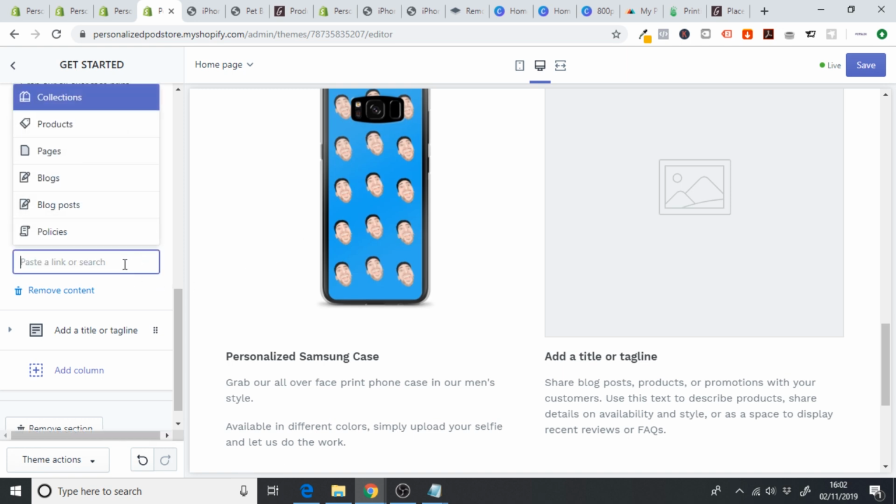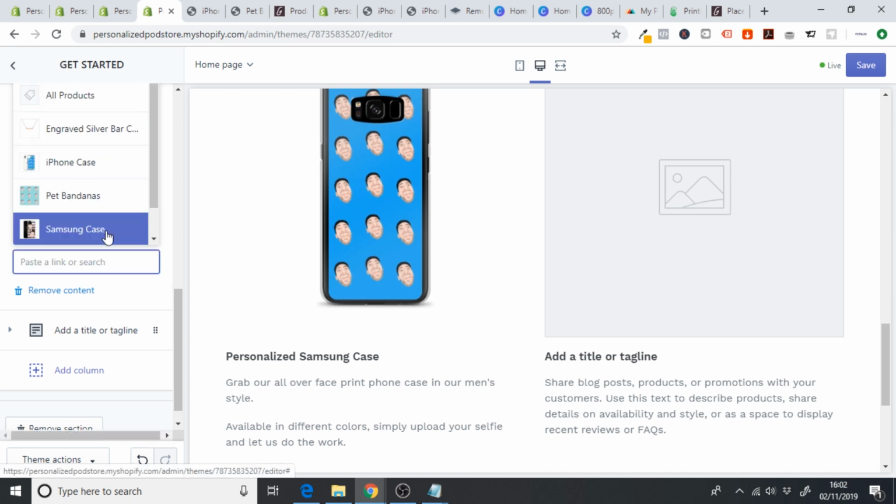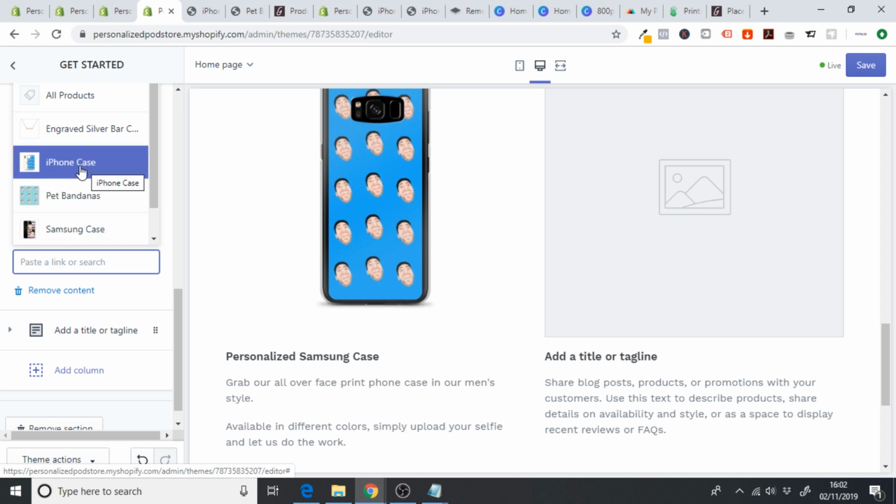Now you can see here, if I go to products, I've actually put the Samsung case as the female one and the iPhone case as the male one, but you can see the mock-ups, this is a Samsung one. So make sure that everything is in order. So if you're going to do an iPhone case, make sure that the mock-ups are of an iPhone case, but just for the purpose of the tutorial,